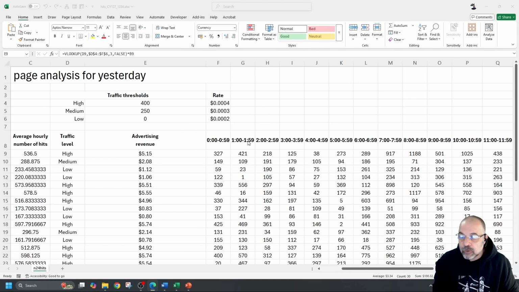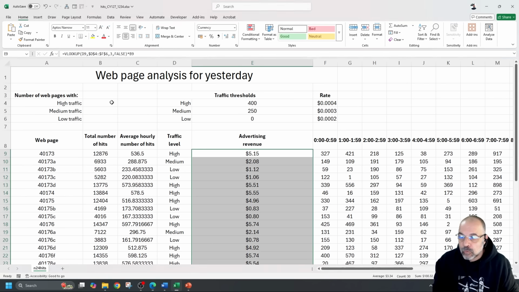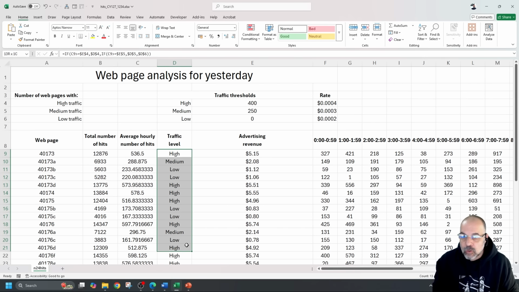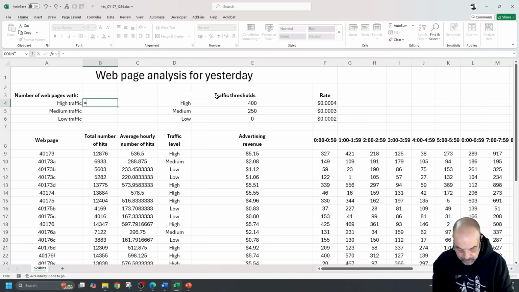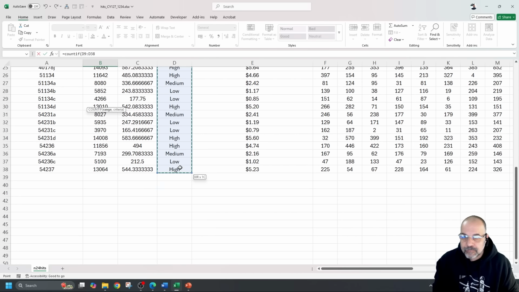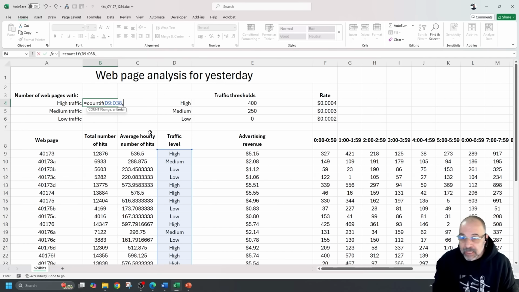So in B4, right here, I want to count how many of them are high. So that's from that column there, I want to count how many of them are high. So that's going to be a basic COUNTIF function. So I'm just going to do equals COUNTIF. Now, thinking about it, this makes sense now. The range is going to be this, comma. Now, I could just put speech marks high